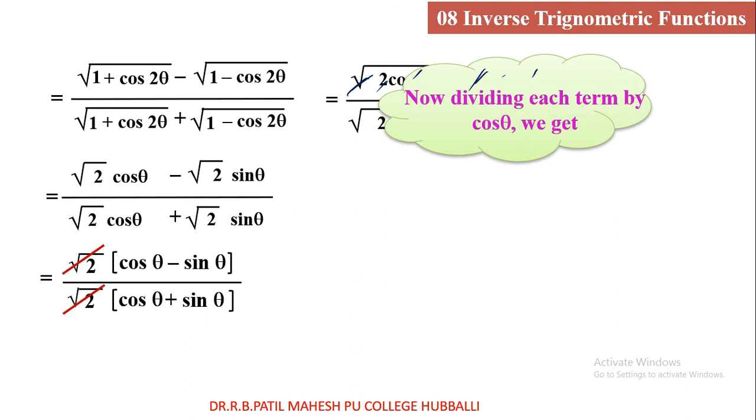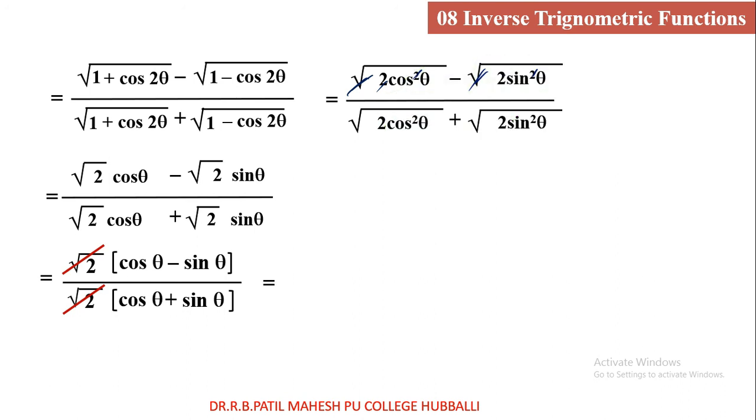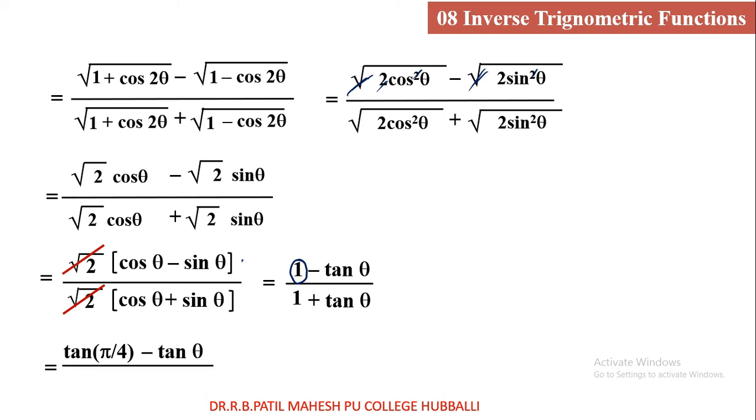Dear students, divide the expression by cos theta, so that you are going to have 1 minus tan theta upon 1 plus sin theta upon cos theta, which is tan theta. After dividing by cos theta in this expression, you are going to get 1 minus tan theta upon 1 plus tan theta. Now I will express this 1 as tan pi by 4 minus tan theta upon 1, I will keep as it is, plus here nothing will be there, means 1 will be there. That 1 I am writing as tan pi by 4 into tan theta.